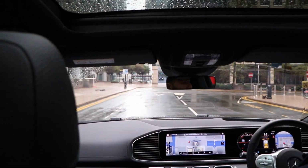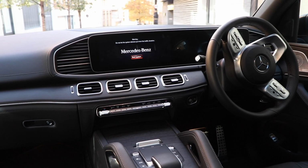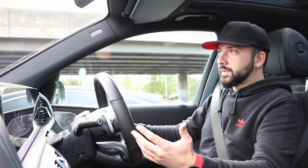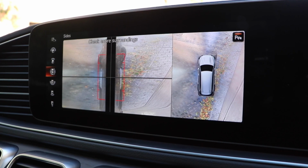You've got to remember, this is all about luxury and comfort. The interior is lifted straight from the GLE, and although it's a very nice place to be, it would have been nice if the GLS had some differentiating factors. Regardless, quality is great, it's very luxurious, and some of the options include the glass panoramic sunroof, 360 camera, electric